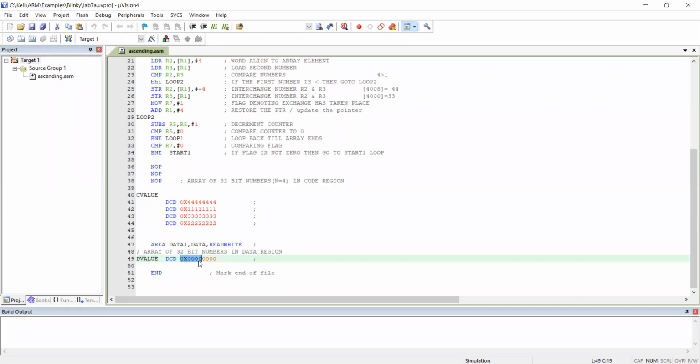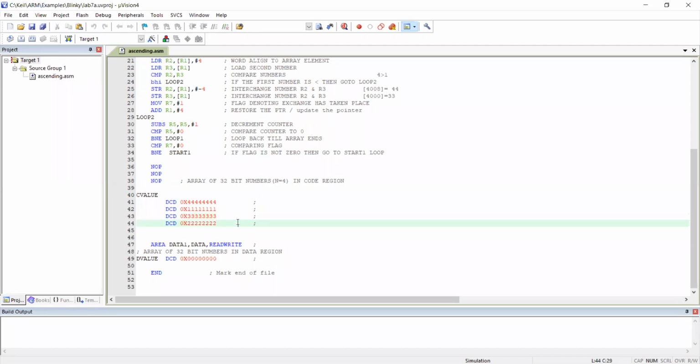But here is a case where values may change continuously. I cannot say all numbers are smaller than 4 only. There may be a number which is bigger than 4 also, which keeps on changing dynamically. See here, 4 is greater than 1, 4 is greater than 3, 4 is greater than 2, no problem. 4 may be in a correct position, but 1 is not greater than 3. So what we have to do is exchange them. After exchanging, again we have to consider what? The updated array. That's the important part.